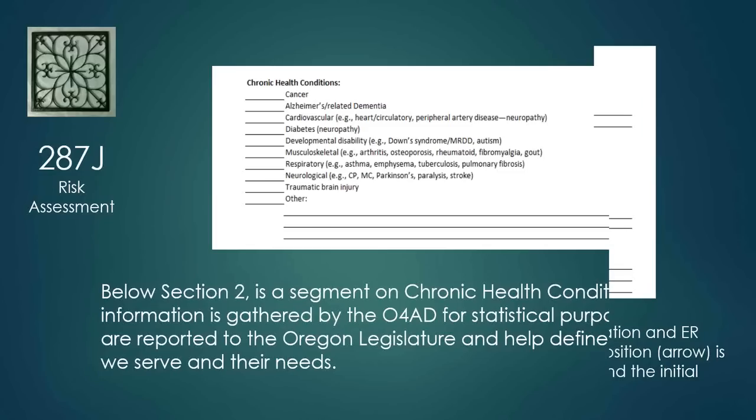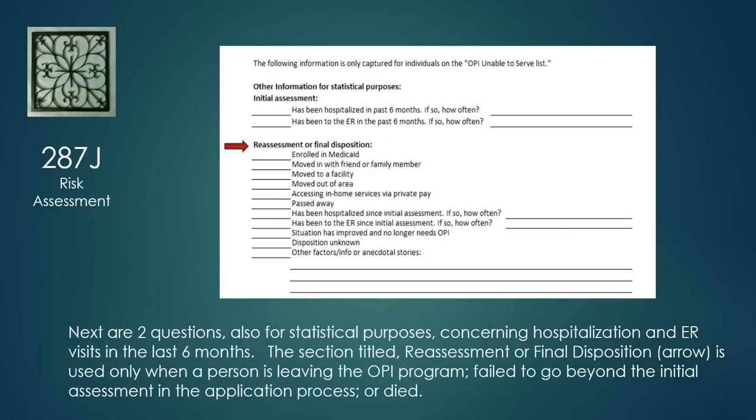Right after that, we will find some other information that's gathered for statistical purposes. One question is, has the individual been hospitalized in the last 6 months, and if so, how often? And the next question is, have they been to the emergency room in the last 6 months, and how often? And then the last section of this form, which is entitled